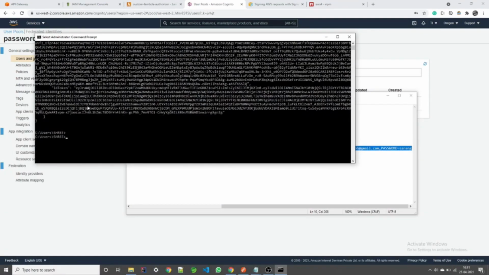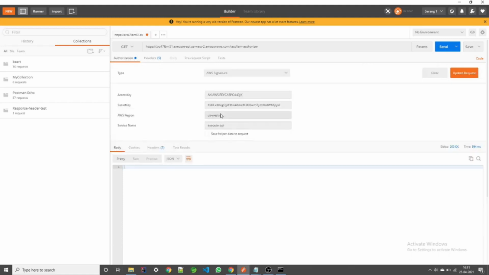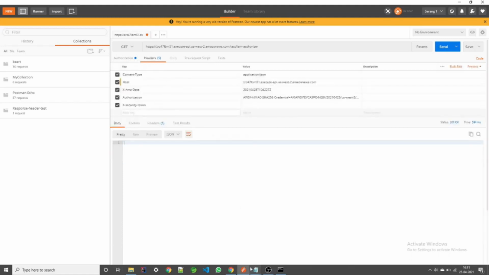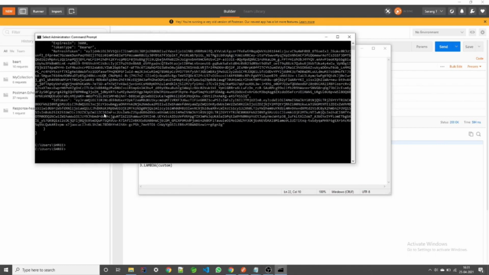So for AWS IAM we need to add something in the header, right? And for this type of Cognito authorizer, we need to pass the ID token into the header.